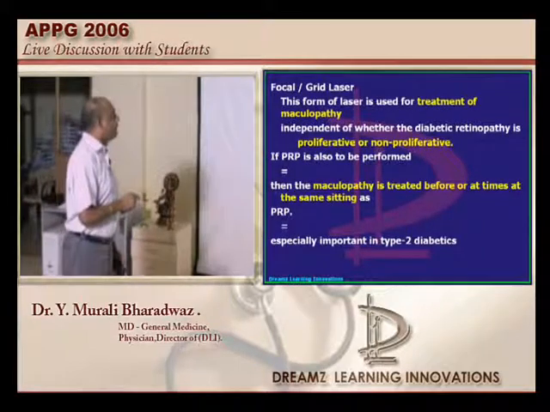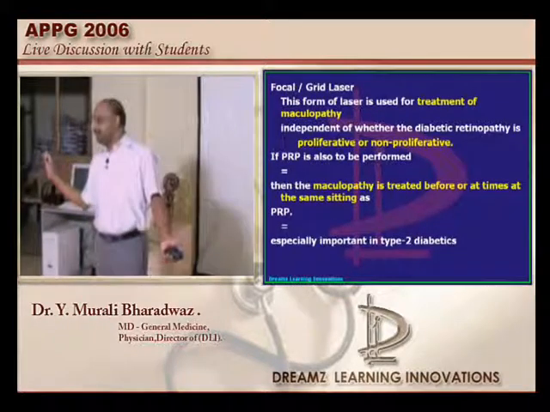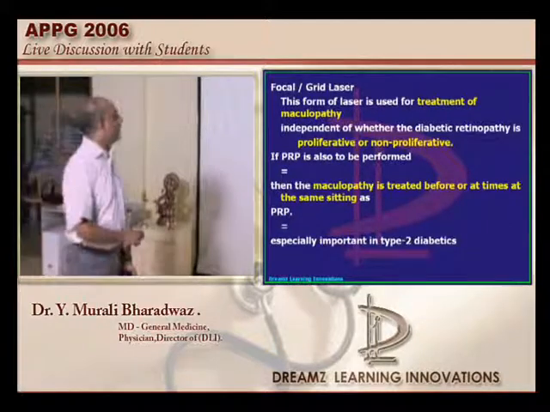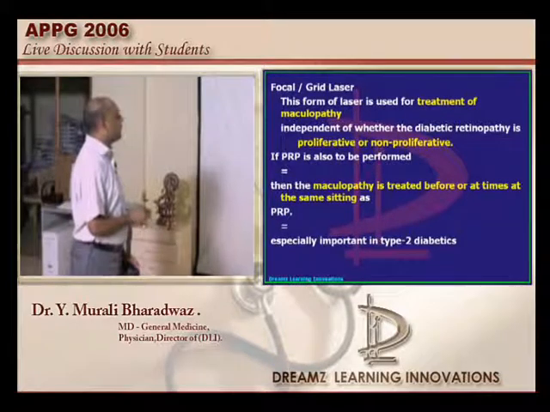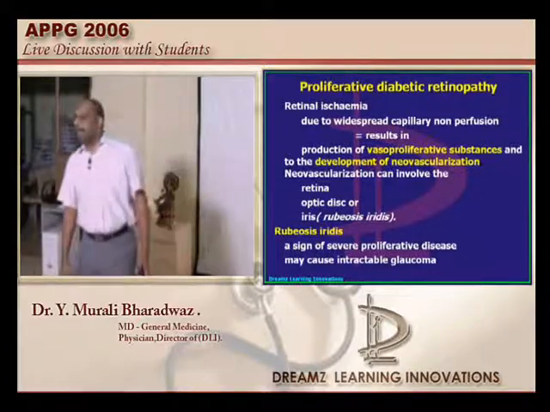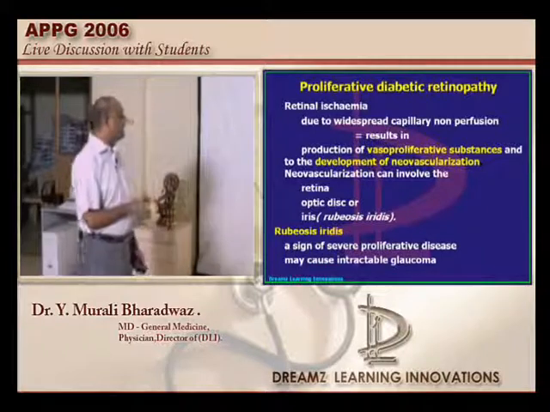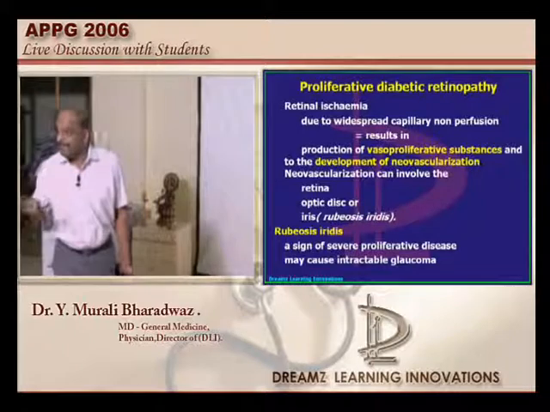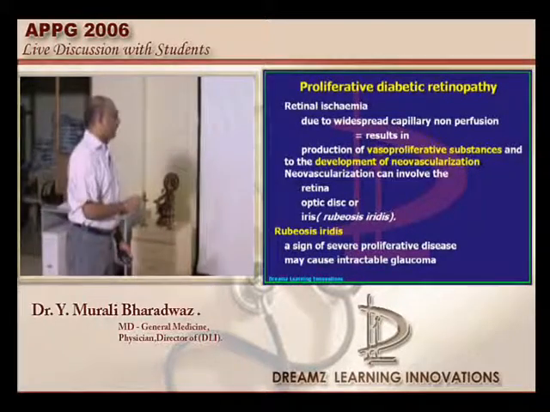But if it is ischemic maculopathy, it is untreatable by any choice. So laser therapy cannot help it. So it can't be the answer. So there is a reason, doctor. Finally, the choices, but before that let us also conclude what to do with this proliferative diabetic retinopathy. Why does it happen? All the retinal ischemia leads to the development of capillary proliferation, and that leads to development of neovascularization which extends into the retina, optic disc, and even into the iris, called rubeosis iridis, which should not be forgotten.